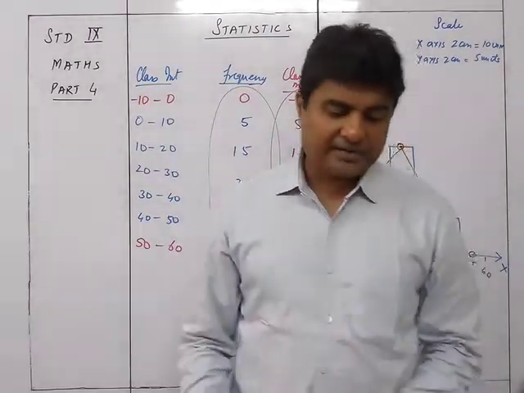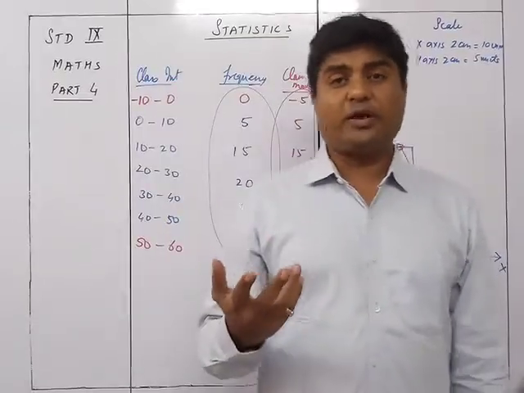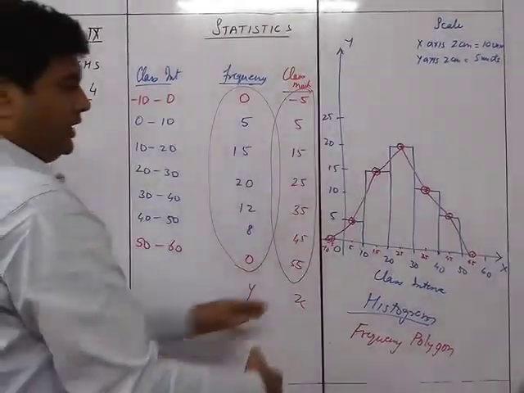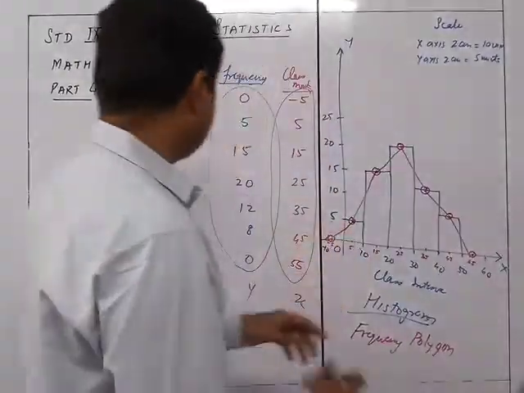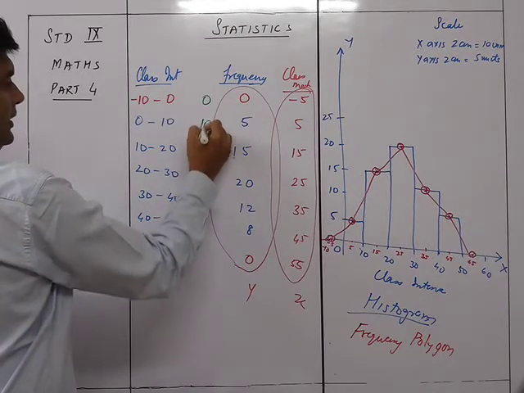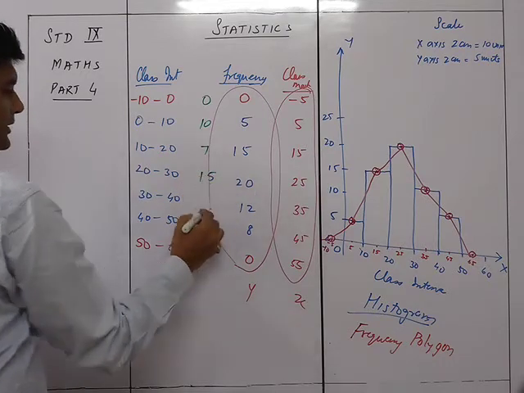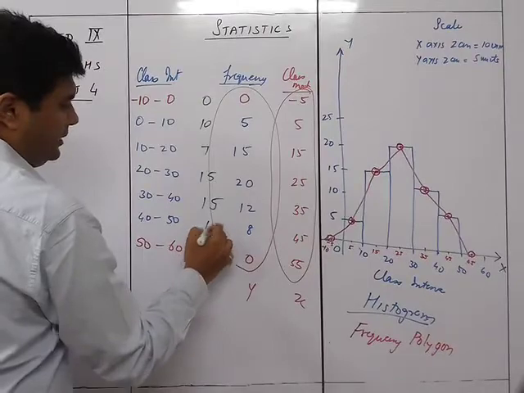No, so that is it. You can also have two frequency polygons on the same graph. There could be another data set given over here, and you are going to draw the data together. So it's quite possible that you will have some other values over here, like this will be 0, but this will be, let's say, 10, and this will be 7, and then this is 10, 9, 15, and this is again 15, and this is, let's say, 10, and then 0.